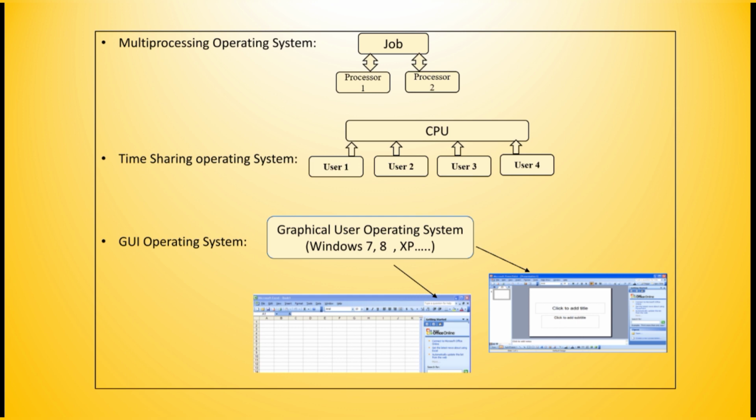GUI operating system. This operating system allows the user to interact conveniently using the windows, icons, menus, and pointers that replace complex commands and syntax. For example, Windows XP, Windows 7, Windows 8 are the examples of GUI operating system.